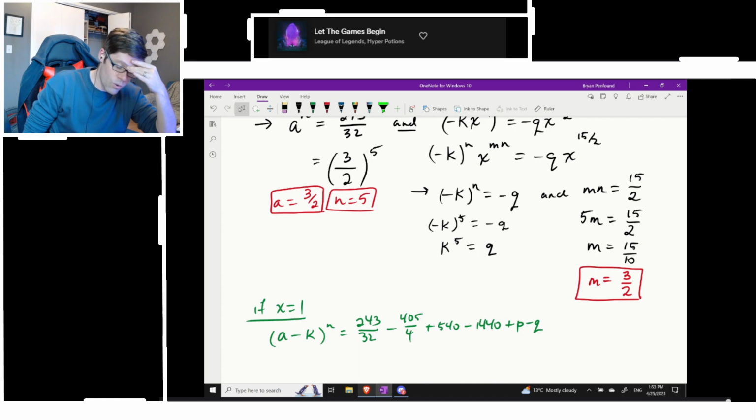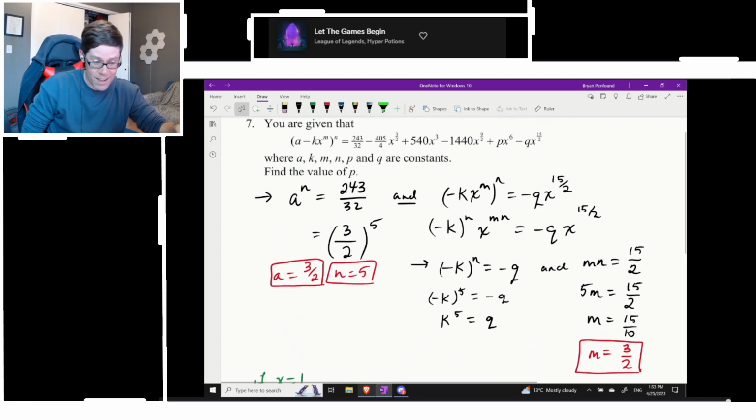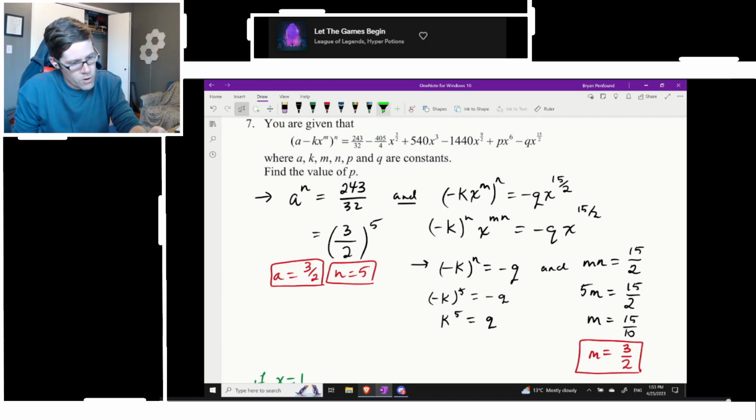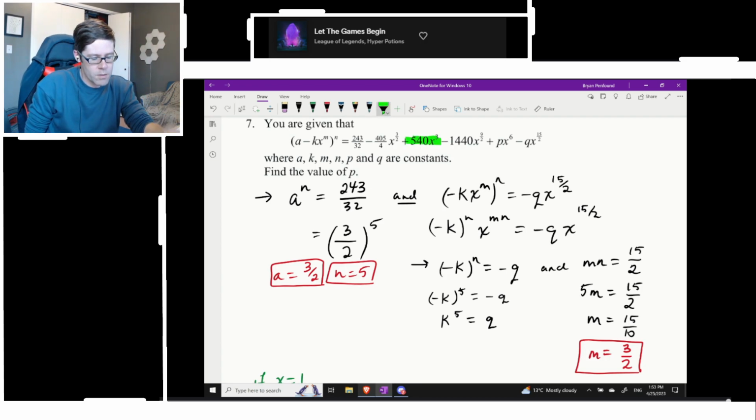So I still don't see how the x equals 1 is helpful yet in green. I still don't think that green equation is going to be helpful quite yet. I think we might have to go back to the drawing board and try to use this x to the 3, which seems really enticing to me. I don't know why, it just feels really enticing. I kind of want to use it.